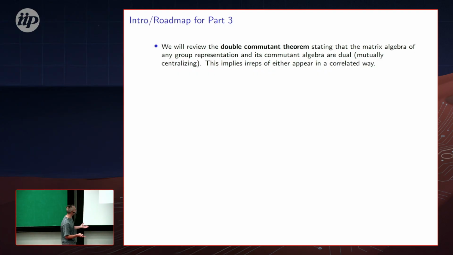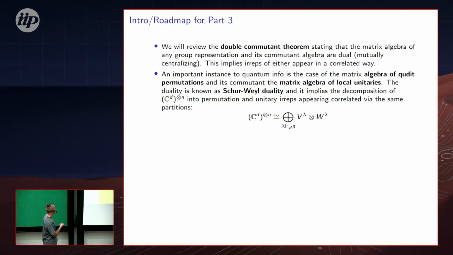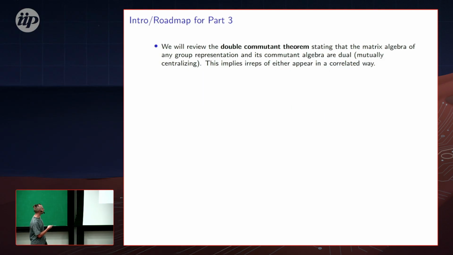We will get to this, but I just wanted to have this big picture. So as I was saying, we will review this double commutant theorem, stating that the matrix algebra of any group representation and its commutant algebra are dual, a way to say this is mutually centralizing, and this implies that,